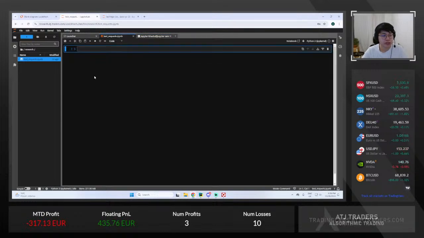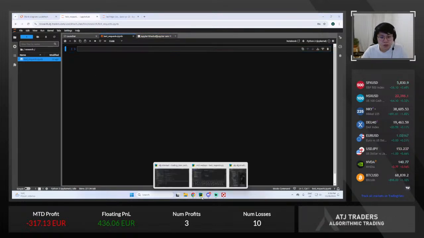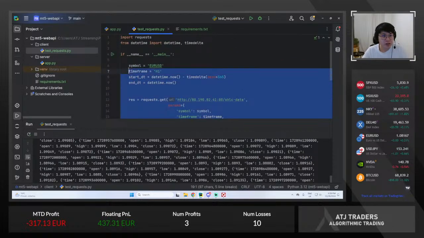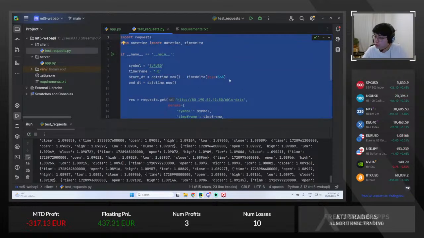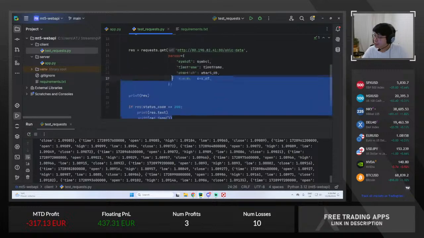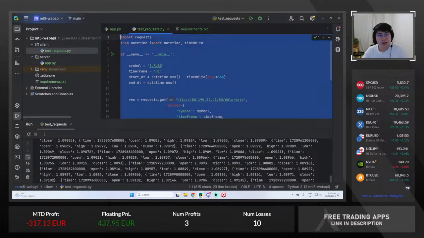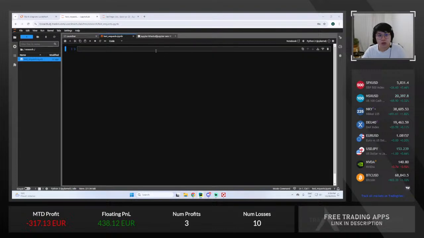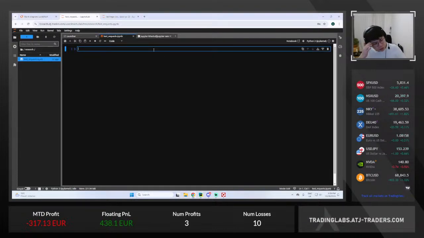So we need to access OHLC data. What I wrote here is a code segment I can use to request OHLC data from our JupyterHub. And next time when you join my stream, you can try to code along and do the same on your end. So again, I need to create something like a user access file where I have a